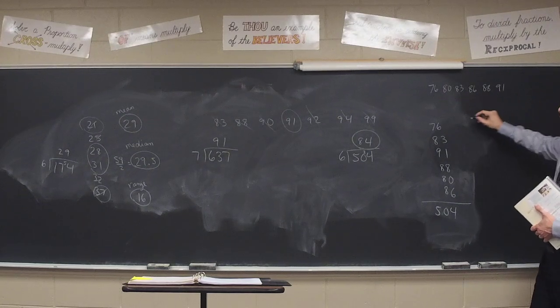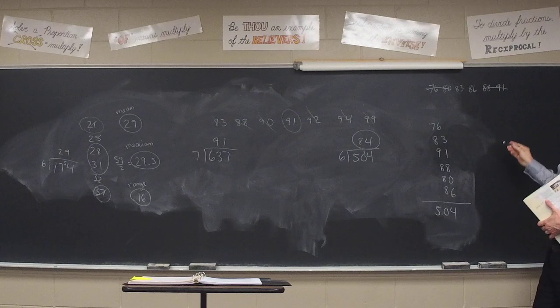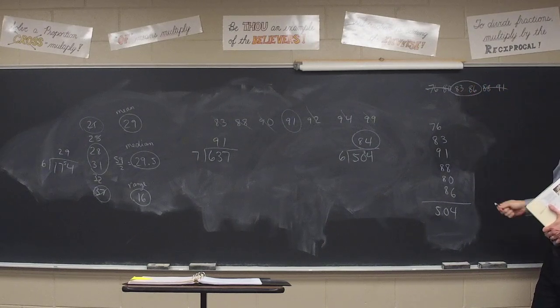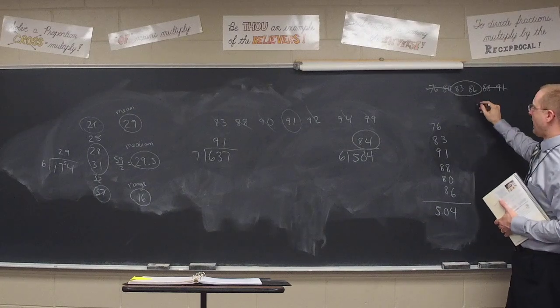So these are the 6 numbers they gave me. I've listed them in numerical order. Obviously, we could salt and pepper the end 2 because it's a small group. We know that there's just going to be 2 middle numbers. How do I find what's in the middle? Add and then divide by 2. What do you get if you add?